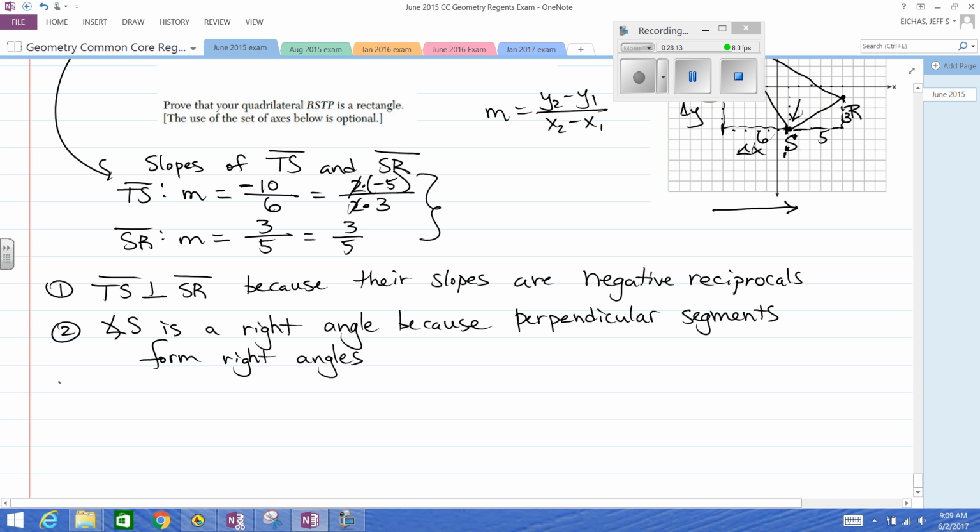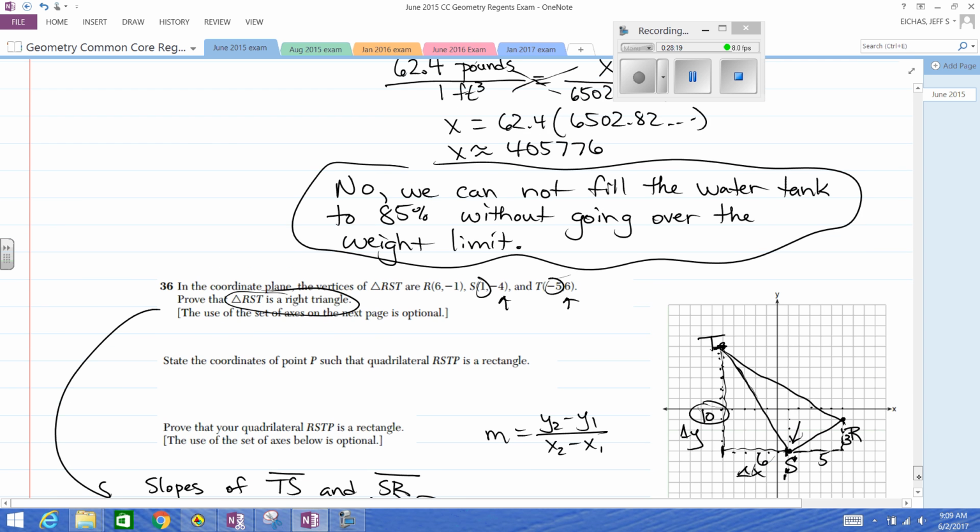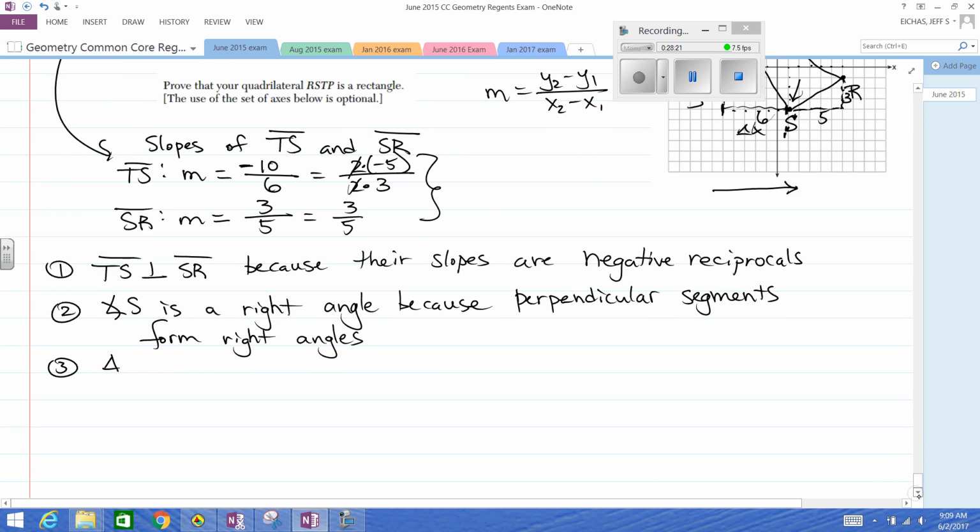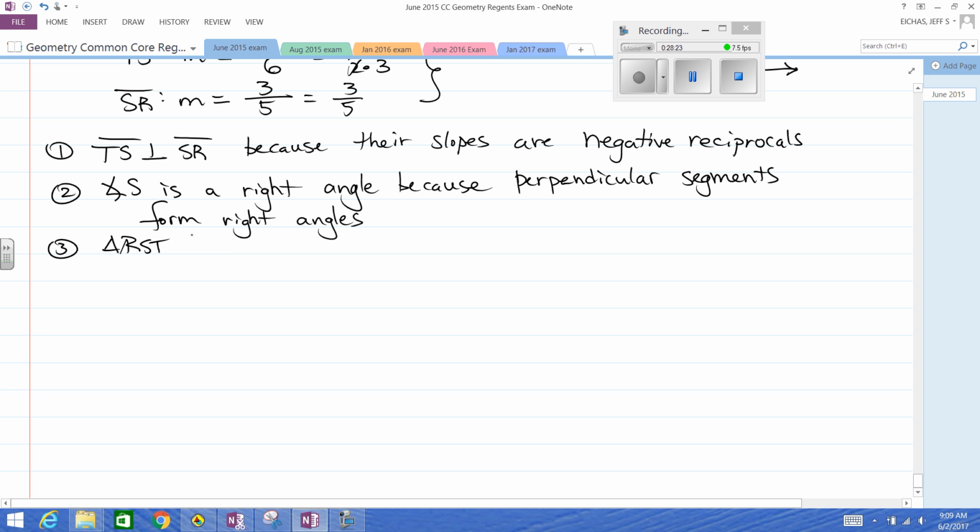So let's number these just so you keep track of it. The third thing I'm going to say is triangle. What did they ask for? Is it RST is a right triangle? Try to keep it the same. RST is a right triangle